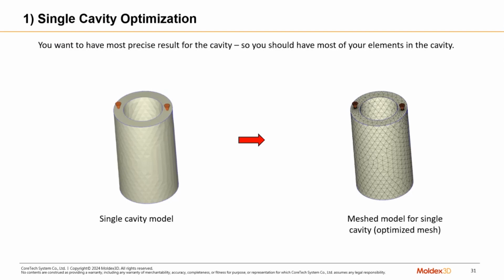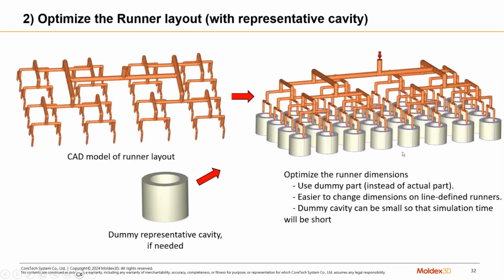Right. So single cavity optimization. You want to have the most precise result for the cavity. You should have most of your elements in this cavity. What it means is we want to make sure that we have finer mesh inside the single cavity. Make sure that the gate is okay. Make sure the part represents the CAD and has the finer resolution. And then we want to optimize the runner layout. So what it means is